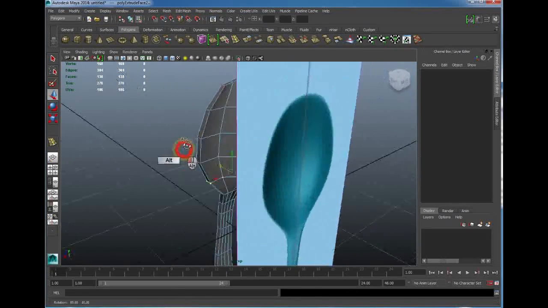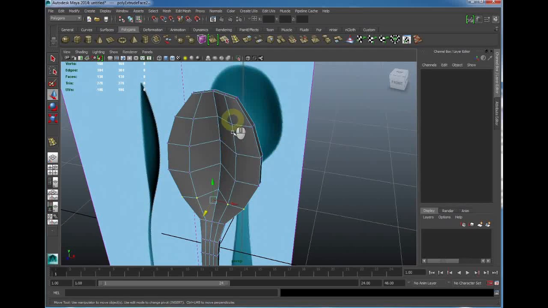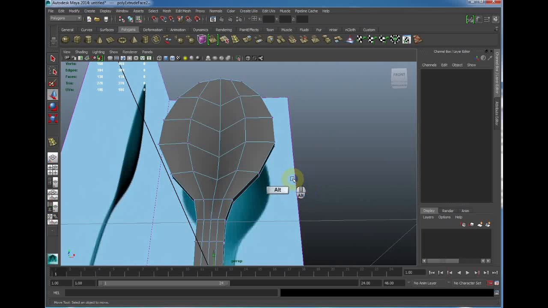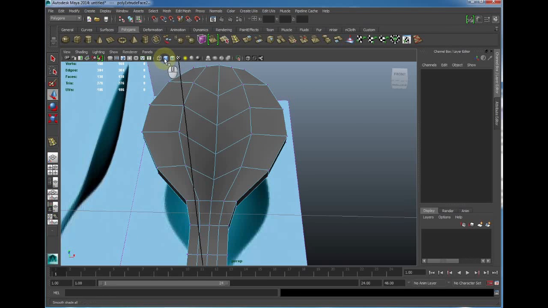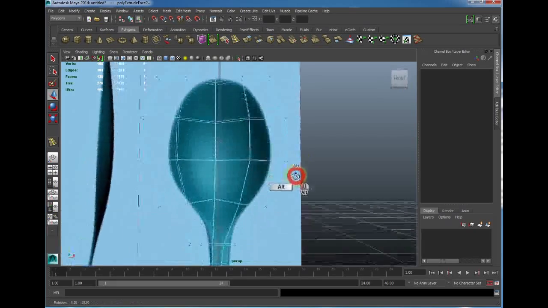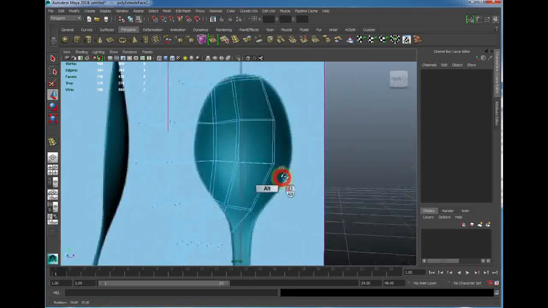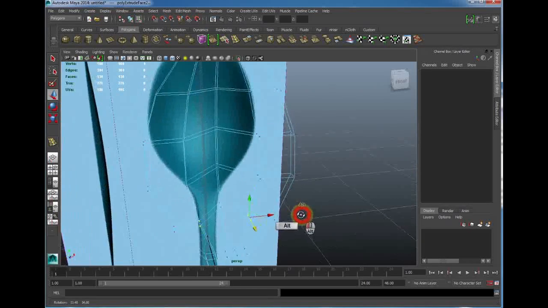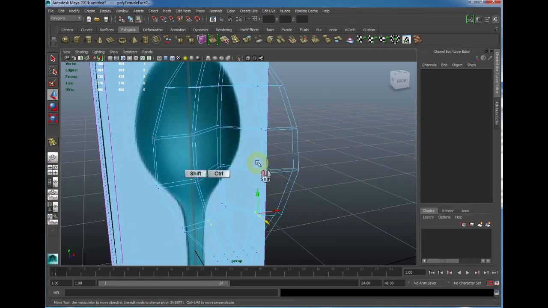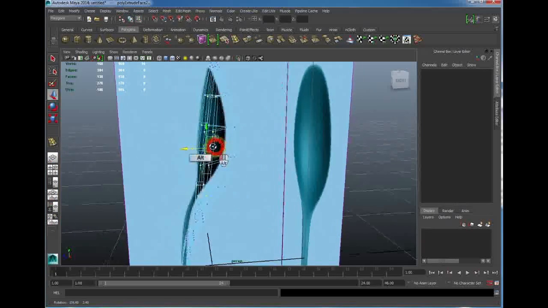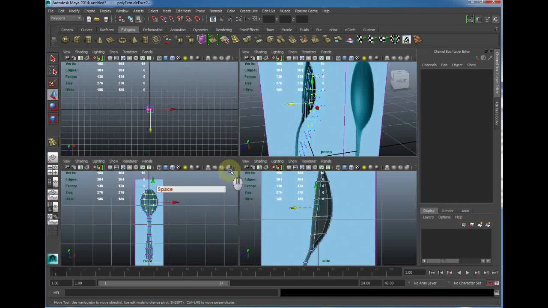Okay, slightly, we are nearly there. We haven't finished this row of edges yet. So now, turning on my wireframe, so I can clearly select the back and the front of the vertex here. Hold Control Shift, select, Control Shift, select, Control Shift, select,